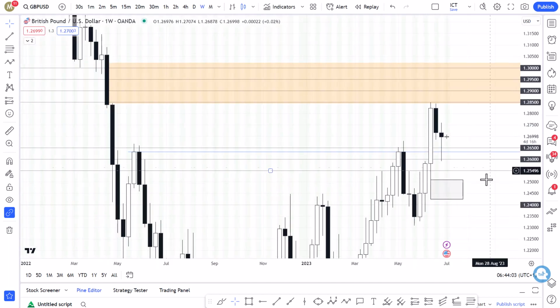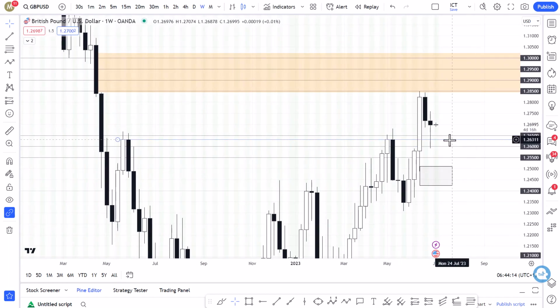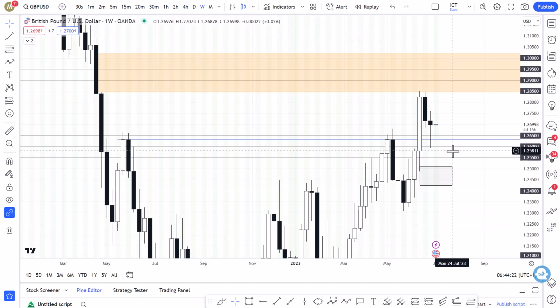So we're still in this unsure period for pound dollar where we're pulling back and we're waiting for something to help it carry on moving up, or for the bears to take over. Now these levels I've got drawn out here, the black lines, are institutional price levels at key levels in price, namely the whole dollar and the half dollar, and that blue level is this key weekly level here. We had 2 points of reaction to it,